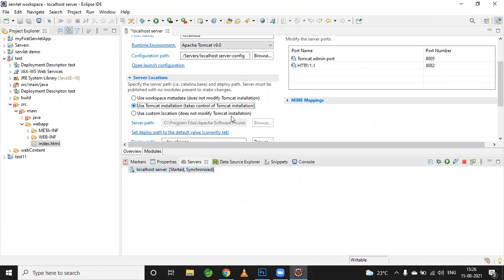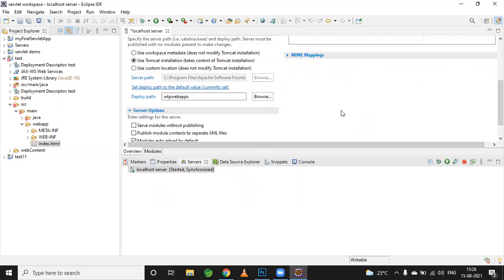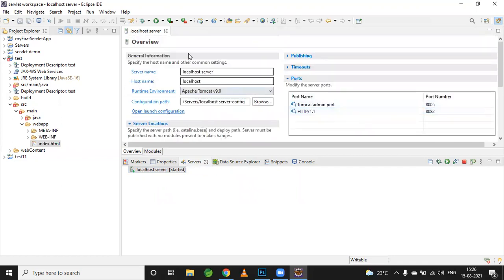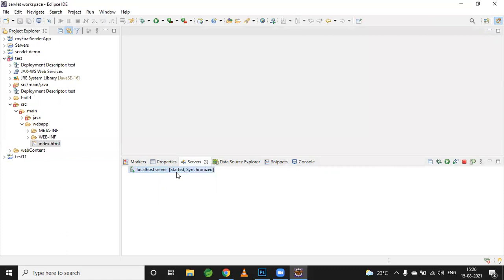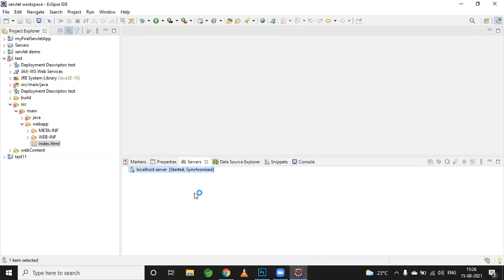After selecting this option, just save this change by pressing Ctrl S, close this window, and restart this Tomcat. How to restart our server? We right click on this server and click on the restart option, and we'll wait for our Tomcat to restart.